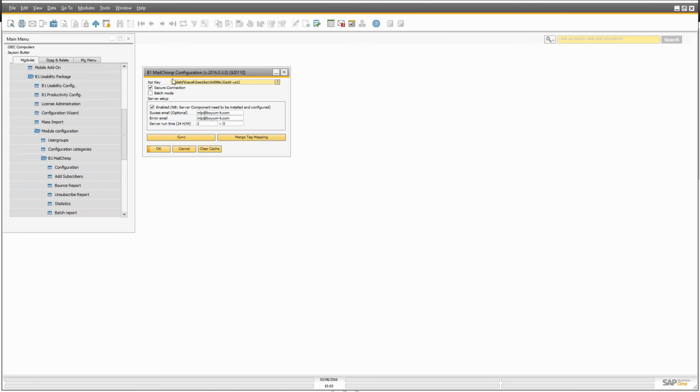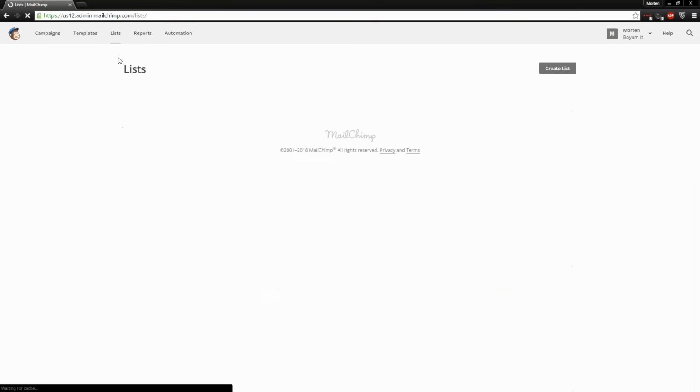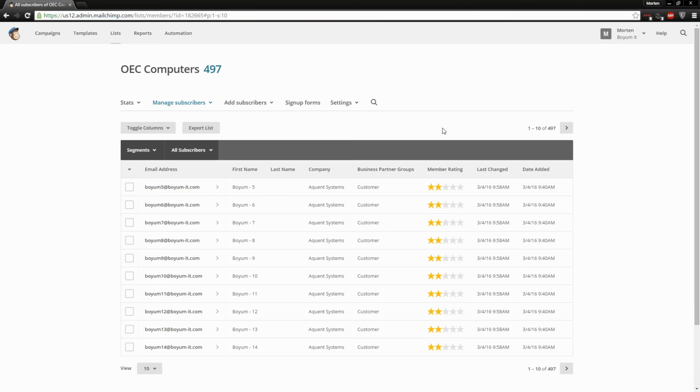After you have inserted the API key, you want to go into MailChimp and create your first list. So I will return to the browser. And a list in MailChimp is a place where you store your subscribers, and then you can send newsletters to the different lists that you have created. So here I have created just a basic list, and it takes a bit to set it up, so I have just created one for this demo here, but otherwise you just create a new list. And after creating the list, you can add, like I have done here,